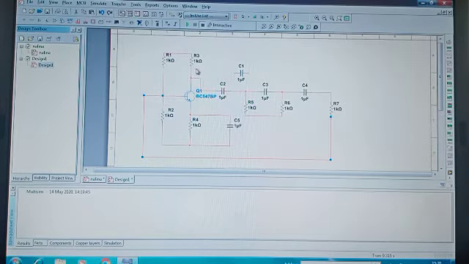One more capacitor is there. Before that we'll take our oscilloscope, that is the CRO, and place it here.